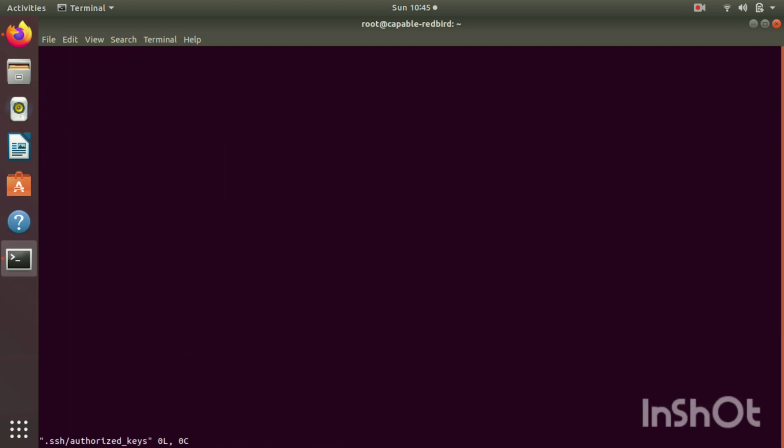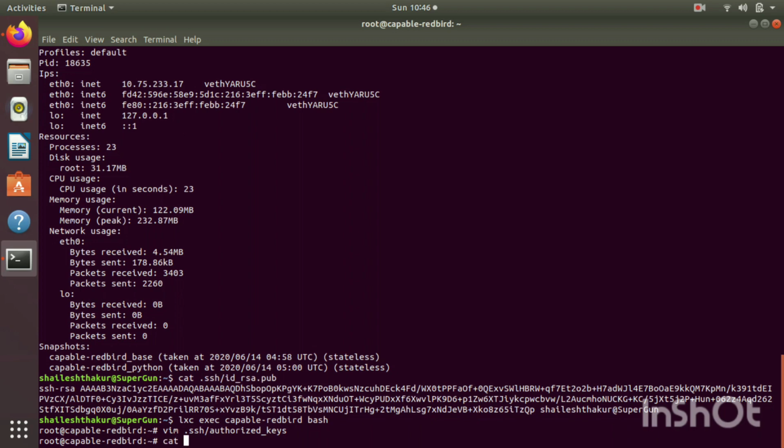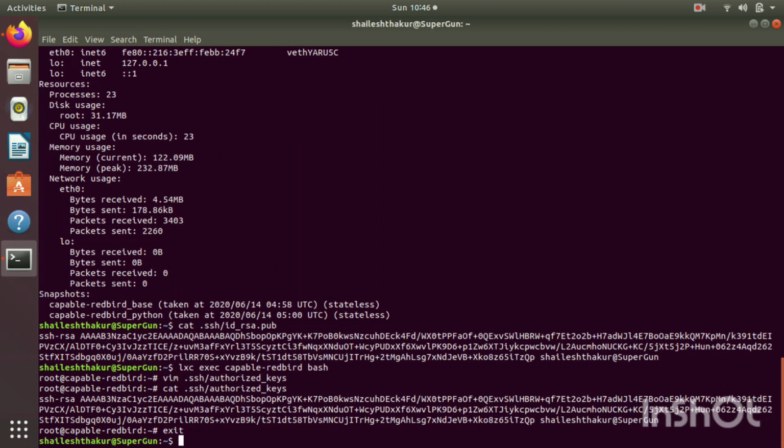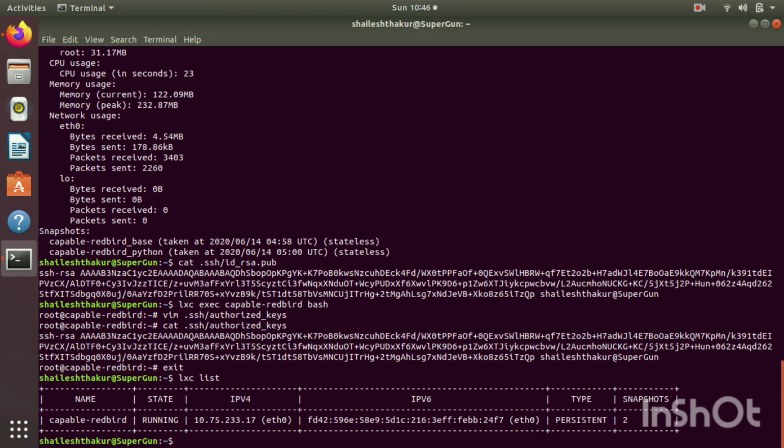I can do it for any other user, but I'm doing it for this user. Let's verify. Yes, we have our files created. Now we're going to create a third snapshot which has your Python and your public keys. This is the final snapshot. Let's call it python keys.